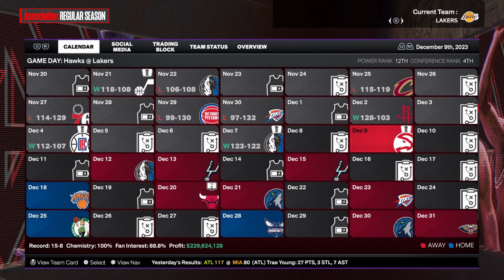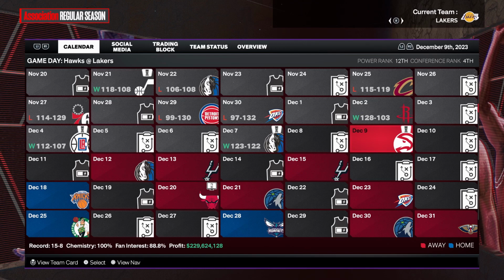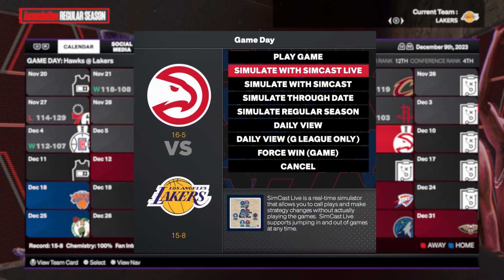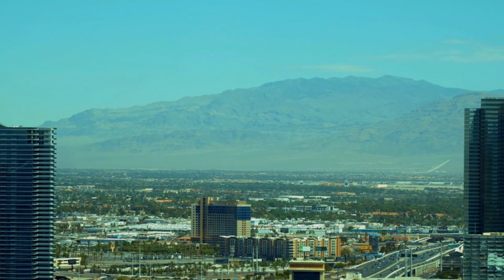And with the championship game, it looks like Atlanta made it to the in-season tournament championship. So we'll go ahead and see what this looks like. We're going to hop into the game. Okay, and finally loading up. It looks like we are in...